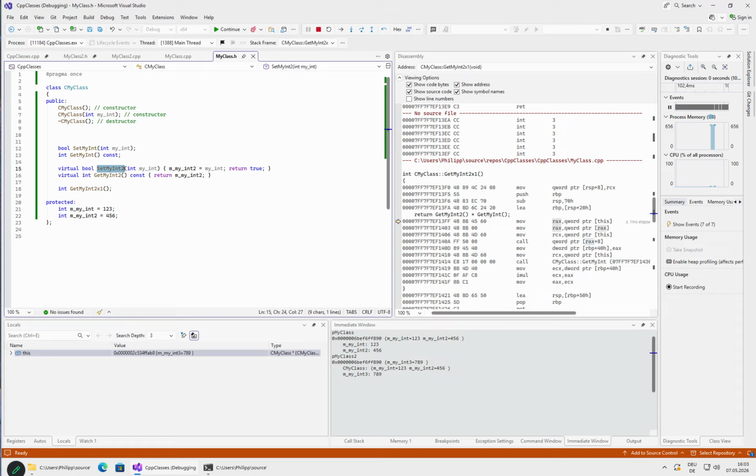So set would be plus 0, and get is plus 8. And then the thing gets called. When we contrast this with the call here to our non-virtual function, you see that this is much simpler, because